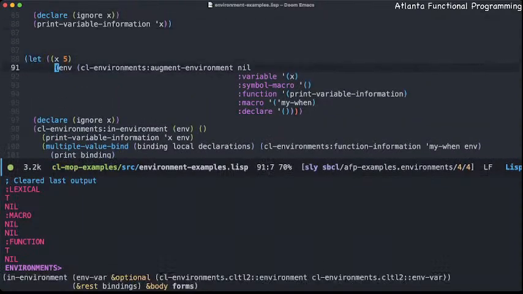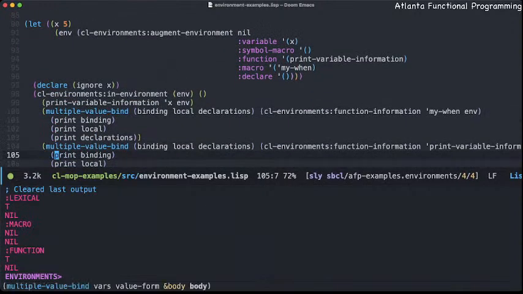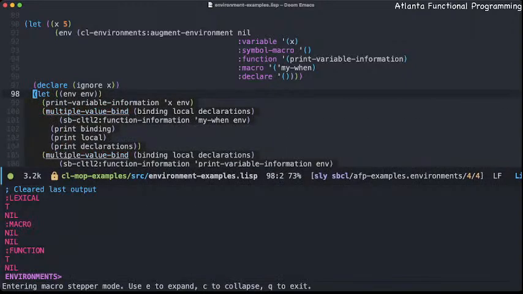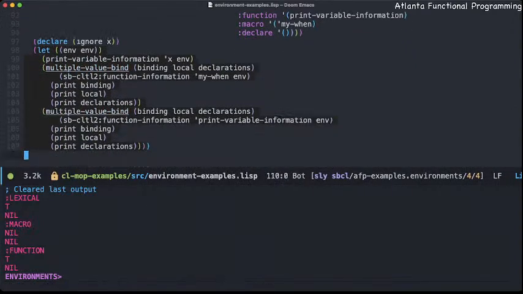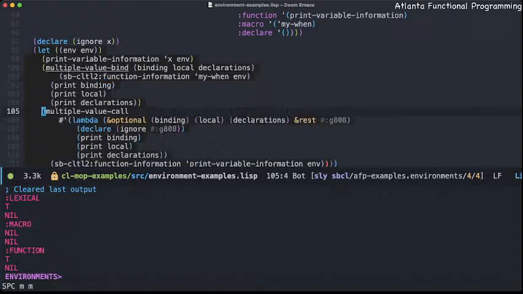It is local to the actual environment that we're in. If you see this here, this guy expands into essentially a let form that ultimately calls out to, in this case, SBCL's implementation of the